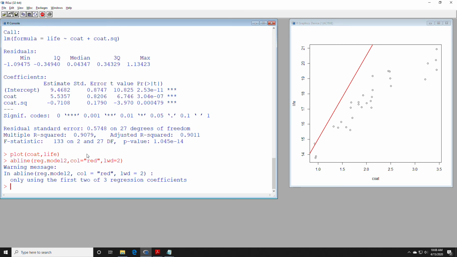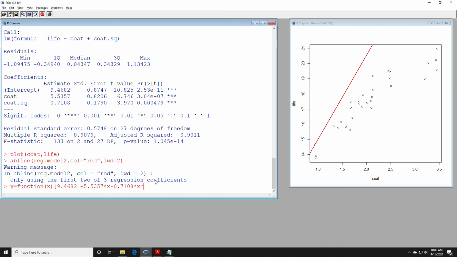I'll do this: y is equal to function of x, curly bracket. What's our intercept? Intercept plus beta 1 times x, plus beta 2